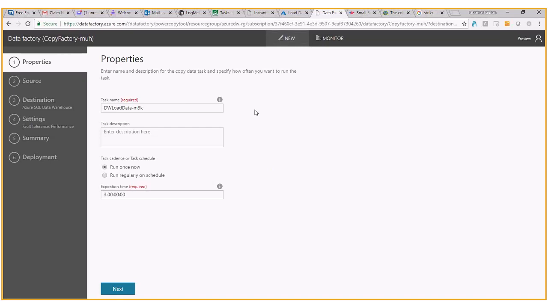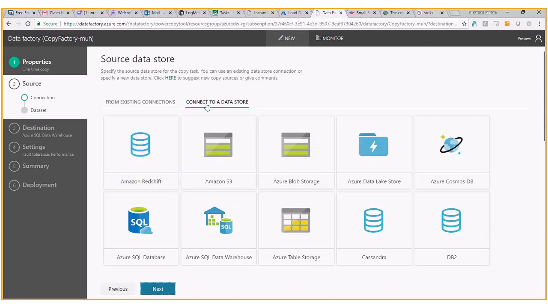simple point to target loads, but in case you want to implement transformations, then it does provide you the capability to do that. However, all the code has to be written in JSON. So one of the best practices or recommendations that we typically provide to our clients is to utilize SSIS on an Azure VM for that, and then basically invoke a task in your Data Factory tool to call that SSIS job. That way it becomes easier to manage complex workflows.